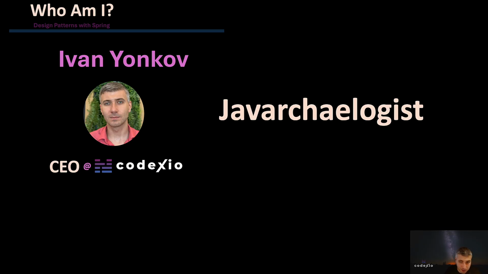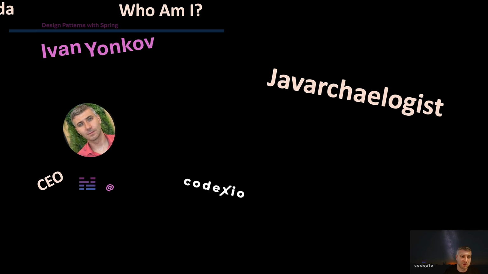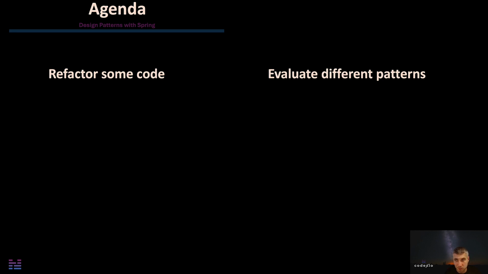But enough about me. Let me present what the agenda is for today. Today we're going to focus on four pillars. One of them is to refactor some code. We will present a code base that violates some of the code quality principles, so we need to refactor it. But before that, we need to evaluate some patterns that can be used here and there, and then, of course,